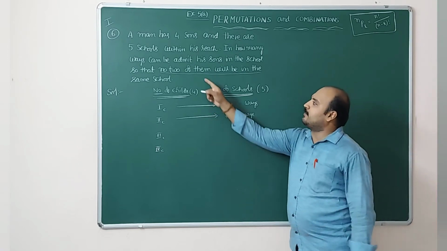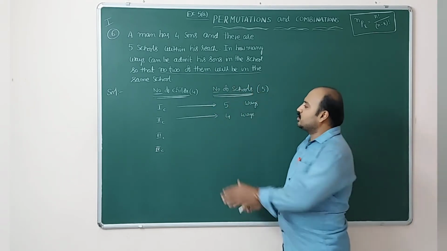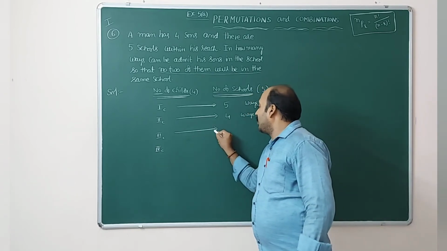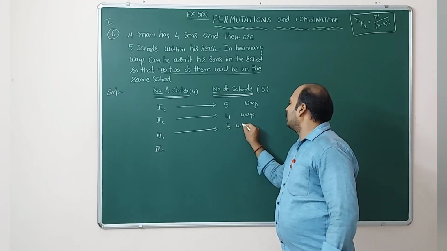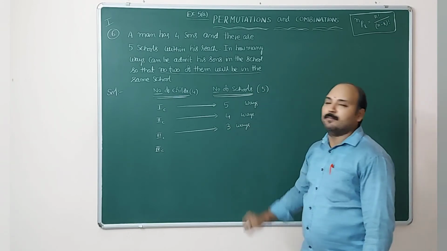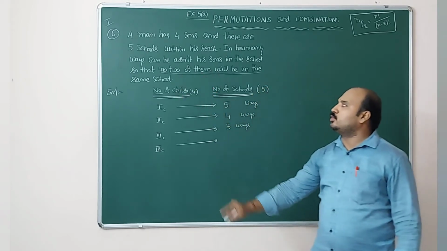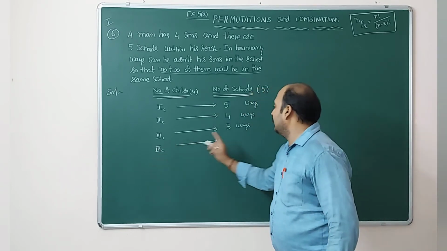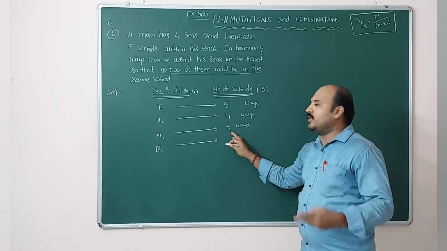Again by the same condition, no 2 of them will be in the same school. So the rest, 3 possibilities are there. So for the third child, 3 ways are there. So 3 schools are available for him. So last possibility, again applying the same condition, no 2 of them will be joining in the same school. So for the fourth child, after those 3, 2 possibilities are there.